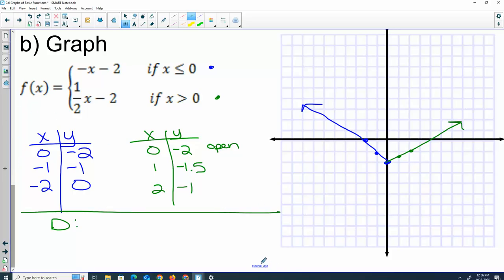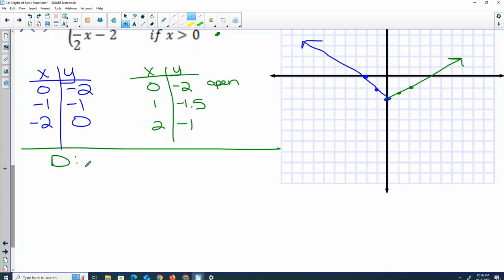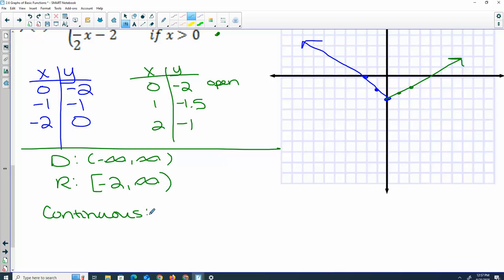What would be the domain? What is my range? Where is this graph continuous? Because my open and closed circle joined, it made the whole thing continuous. Negative, negative, positive. Any questions there? Okay. So I think I'm going to stop because I want to hand back the